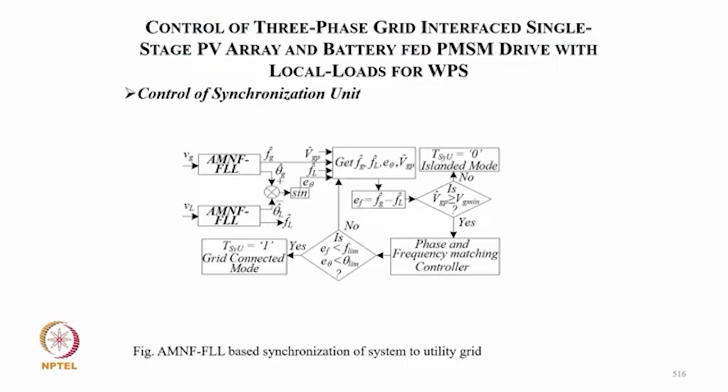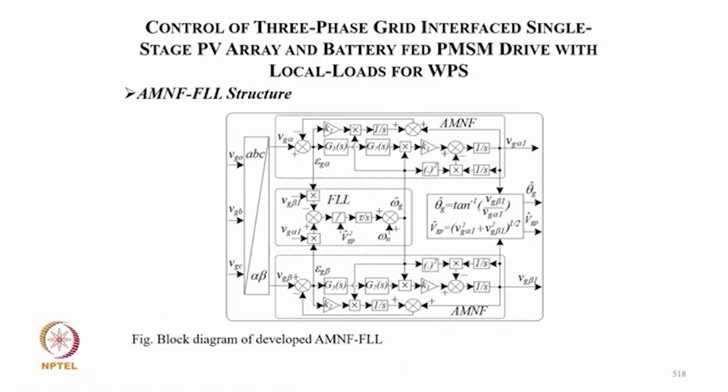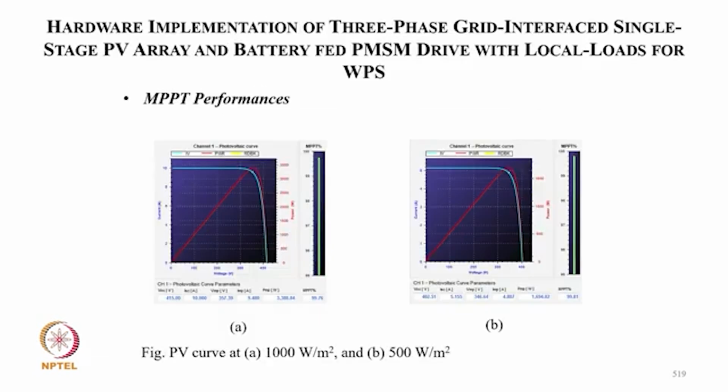So it's a design for grid synchronization, again the voltage and the frequency of the grid as well as the load voltage source converter, and that is plotted here. So comparing the frequency, angle and voltage. And this is the angle calculation, how the synchronization takes place. Then the control of the grid side converter, and this is the performance at 1000 watt per meter square solar PV curve